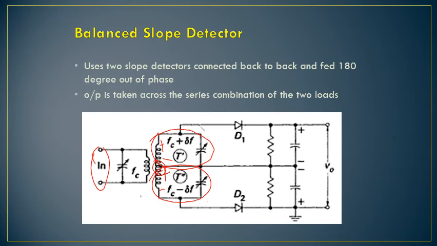and at the end what will happen? This will be charged to plus V, this will be charged to minus V, and then your output is going to be 0. This is what we expect when the carrier frequency is not at all modulated. When we will have the input frequency as carrier frequency, when there is no modulating signal present, or when the modulating signal value is 0. So for Fc, when my input frequency is Fc, I got the output value 0. So this is what is expected here. So now this is been clearly explained in the next.